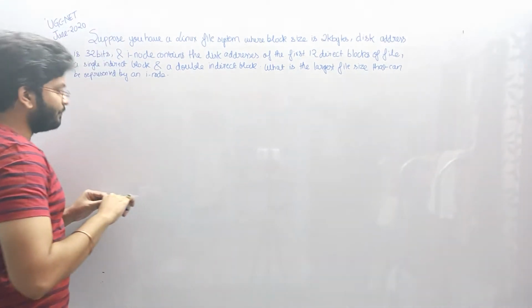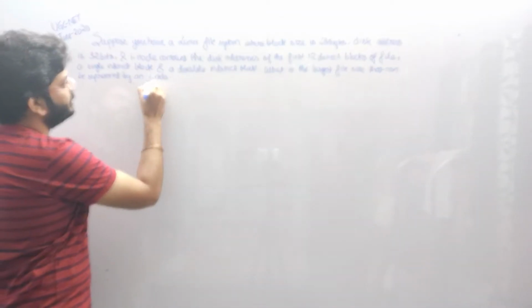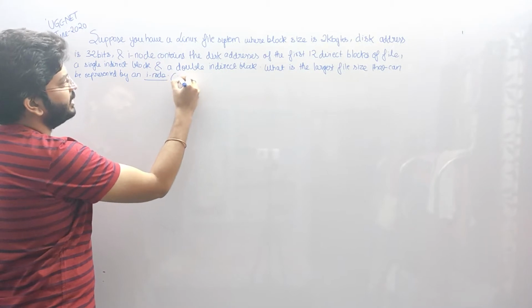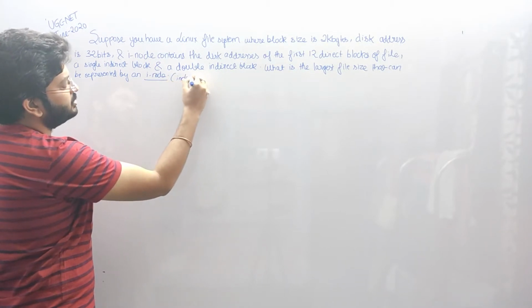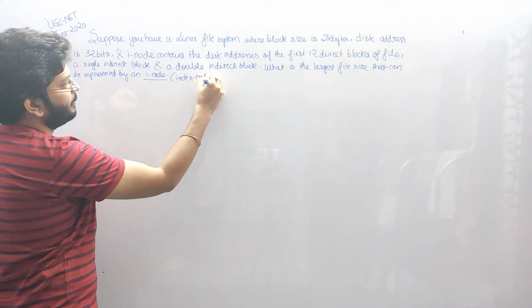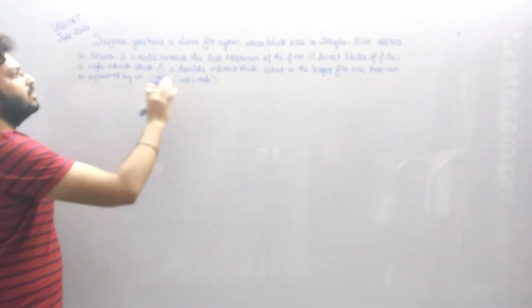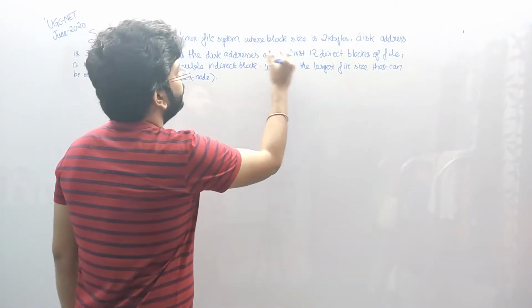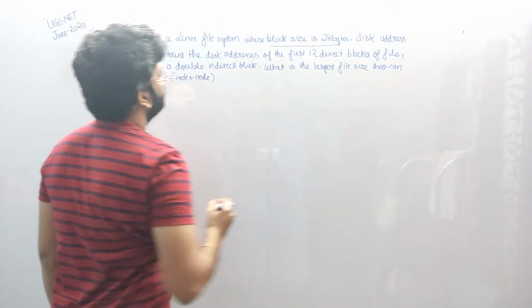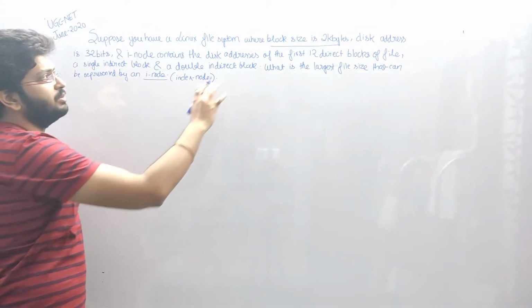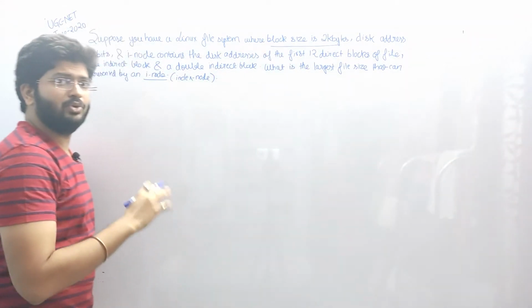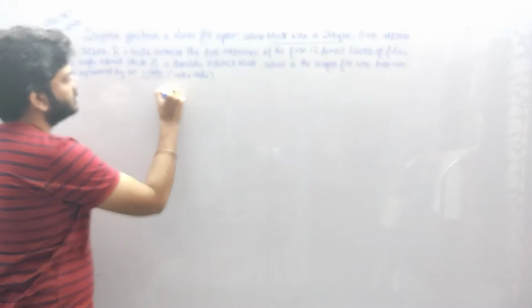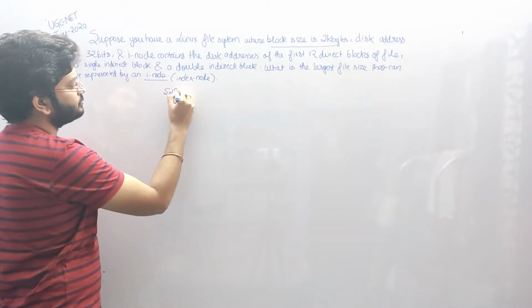So here let me explain. The inode stands for index node in a Linux file system. This inode is index node. Okay. Now the question is asked. Let us first break up the question and solve it step by step. So here we have a block size is 2 kilobytes. Now each block, here it is mentioned that each block is of 2 kilobytes. So let me first write it down, the solution.